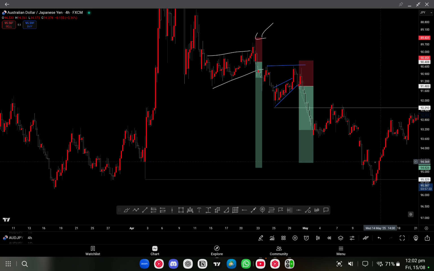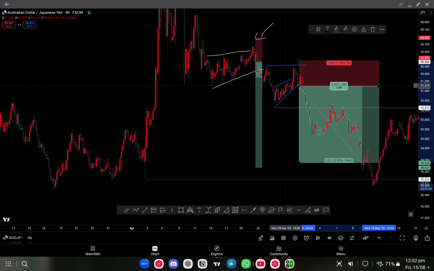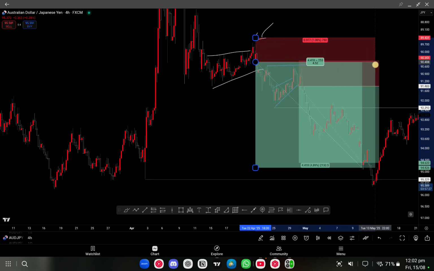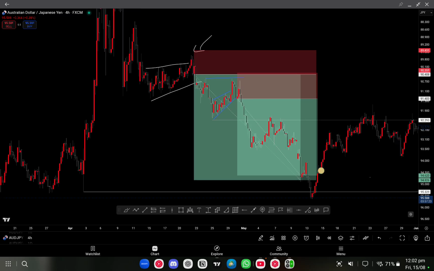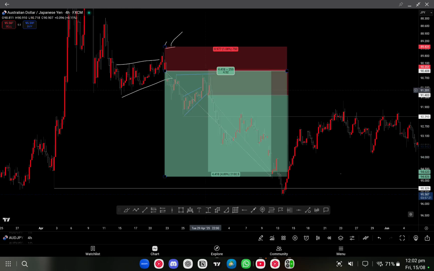And then at the end, it would have come back and tagged you out, and you would have walked away with roughly around about 3 plus 4. Yeah, so you would have roughly walked away with around 7.5%, give or take, and then that would have been the trade there alone. Now just remember, we are on the 4 hour, we haven't even looked at the other time frames, and you can already see that we've walked away with